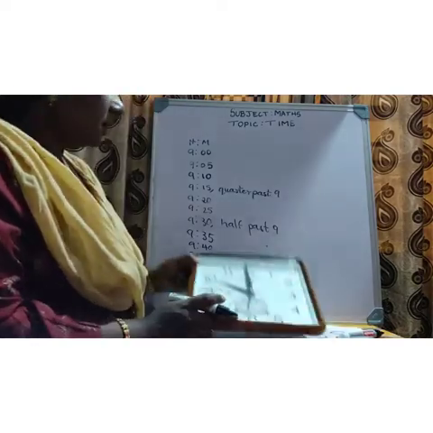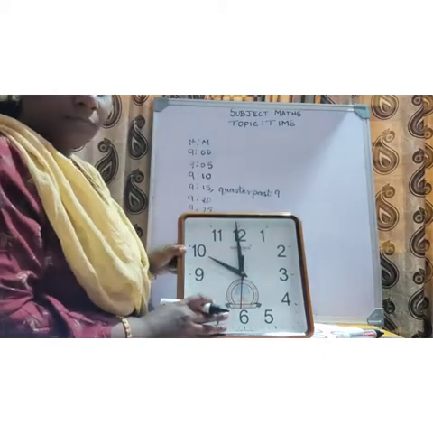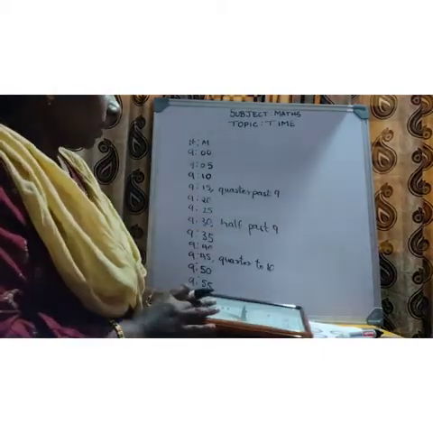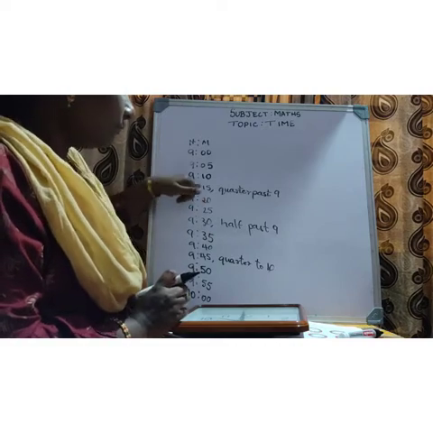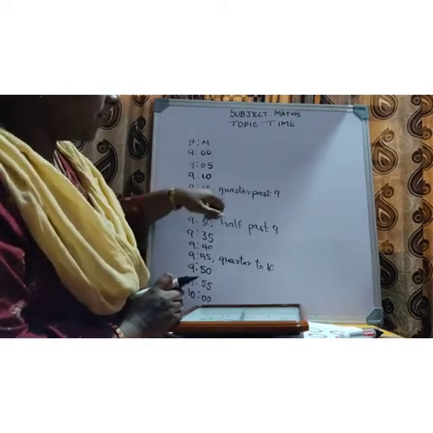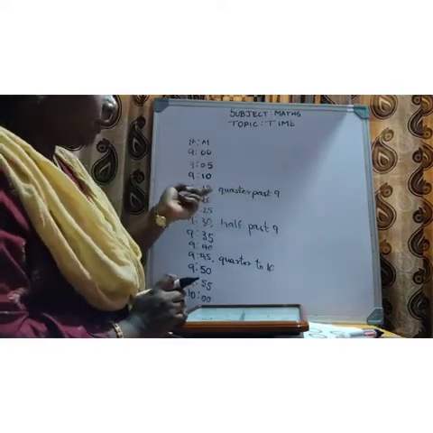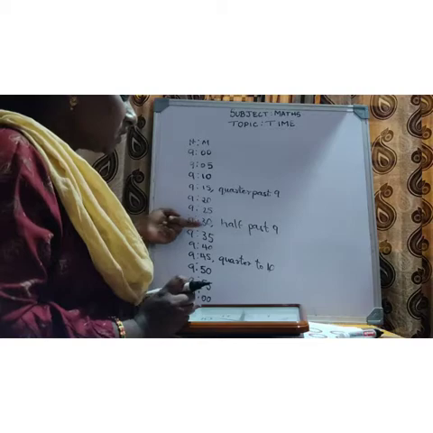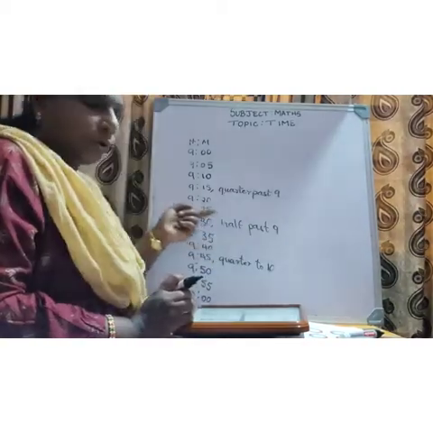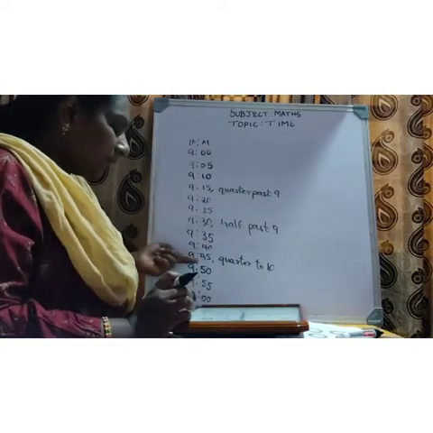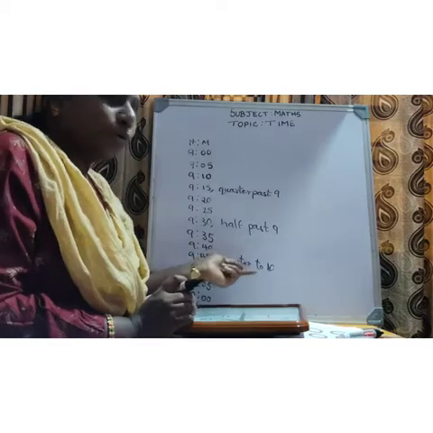Okay, understood children? How you should write the time, how to know it. So these three things you have to keep in your mind. If it is 9:15, what do you have to tell? You can also tell it as quarter past 9. What can you tell, children? Quarter past 9. If it is 9:30, you can just tell it as half past 9. Okay, half past 9. Then if it is 9:45, then what can you tell? You can tell it as quarter to 10.